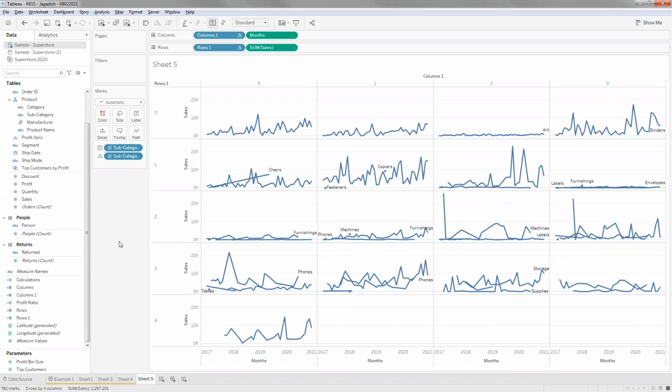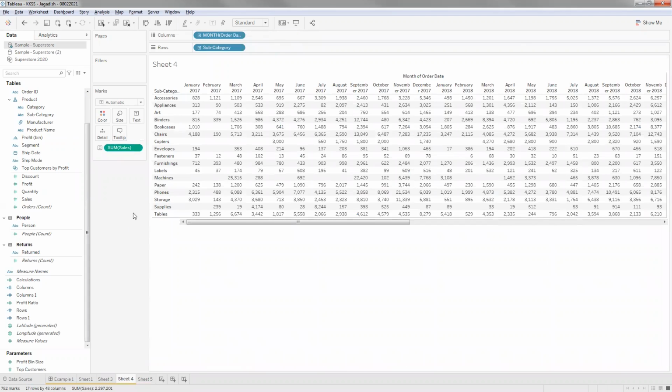So let's see why this sort of case is happening, where multiple subcategories are occurring in the same box. What I've done here is I've created a simple table that gives us the subcategory level sales values across all the months that we are trying to plot.